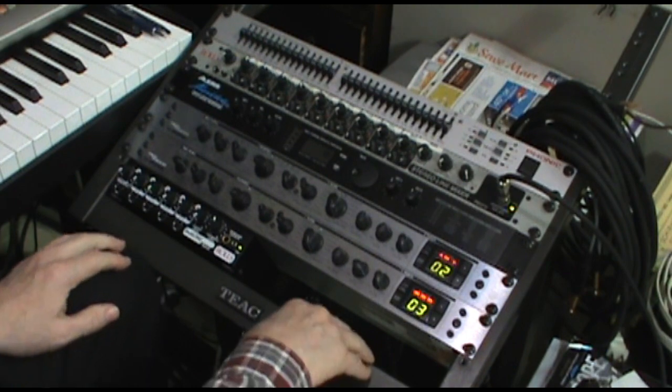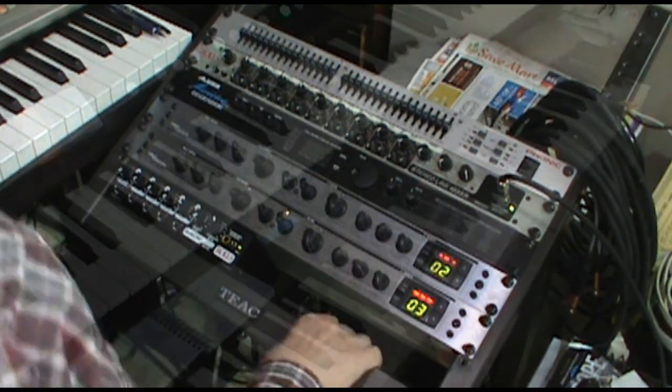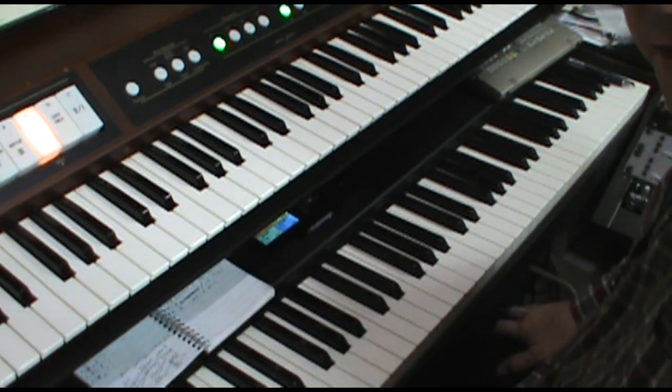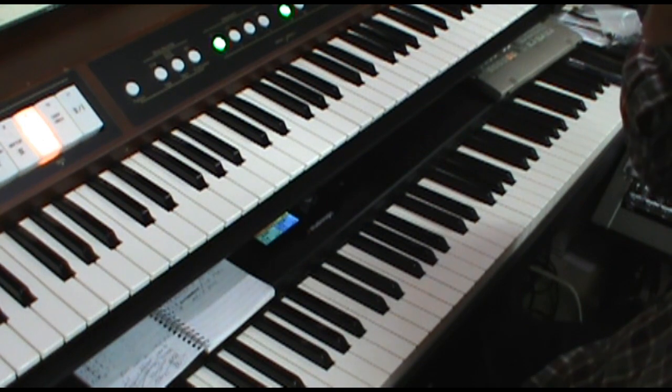And let me adjust the camera one more time and we'll take a look at the rest of this. Things are kind of tight in here, so I can't really get the best camera angle, but I think you can see all of the elements that are